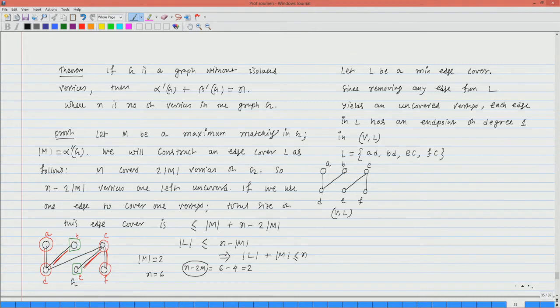So, you can see that every edge in L, or in this graph, has an endpoint of degree 1. So, it can't happen that in the VL graph there is an edge like this, where both the endpoints are of degree 2. That is not possible, right. That is easy to understand. So, this property that every edge has an endpoint of degree 1 implies